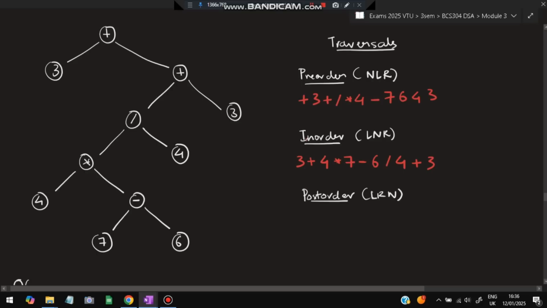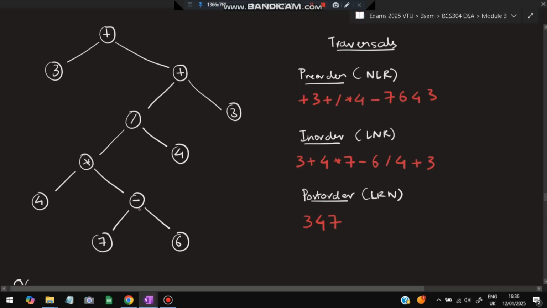Next is post order traversal. For that, LRN, first left and right both will check, at last we will print. So first it will come here, LRN, it will go here, LRN, 3 will be printed here, then it will come back here, and it will go to the LRN, again left, left, left, 4 will be printed, LRN is done, again star, again LRN will be applied, here also LRN will be applied, and here 7 will be